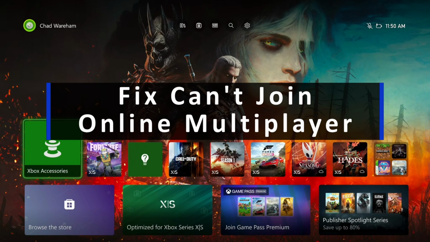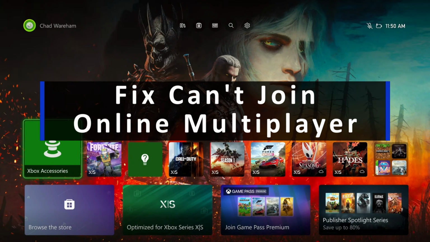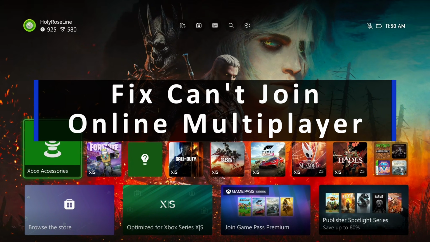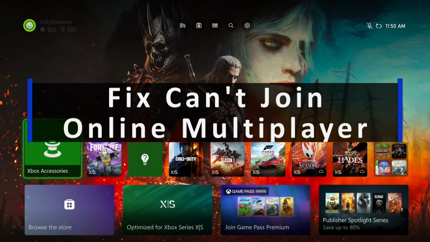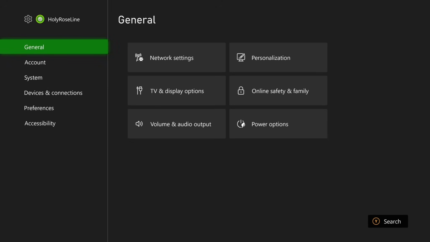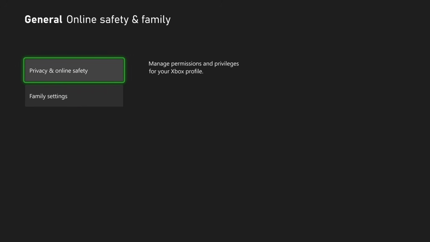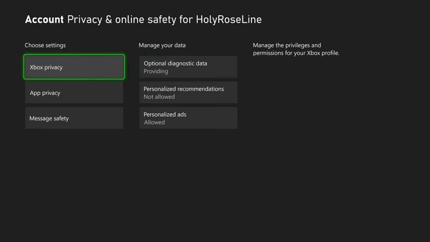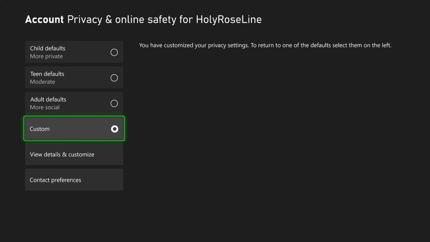In this guide, I'll show you how to fix it when you can't join online multiplayer games on the Xbox Series S or X. So from the Xbox home screen, select Settings in the top right corner. Then from General, scroll over, and we're going to select Online Safety and Family. Now from here, select Privacy and Online Safety, Xbox Privacy, and then you want to set it to Custom, and